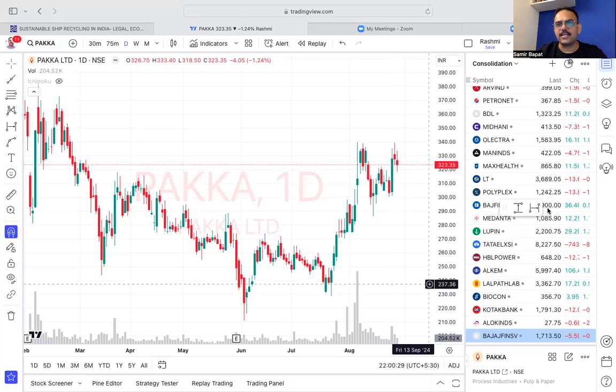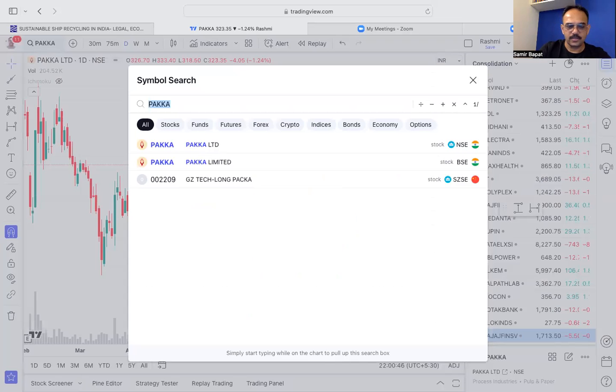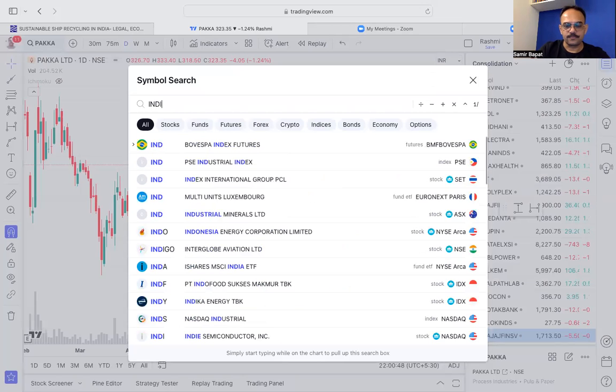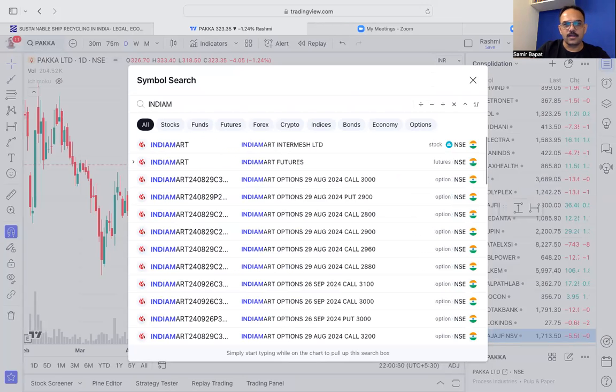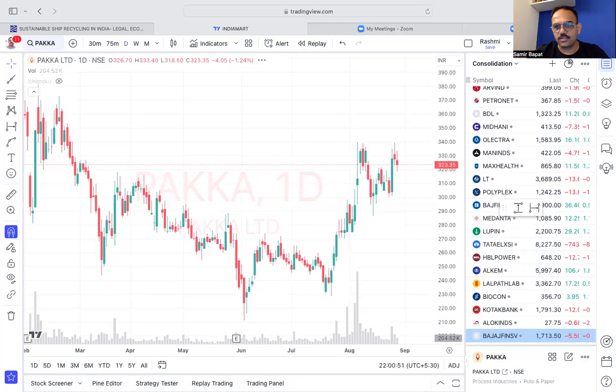Bajaj Finserv is likely to go up. See, that's what technical analysis is all about, right? It will tell us what is possibility. So that the India Mart Intermesh, sir, please check. Okay, India Mart. Okay, let's see. Intermesh. Okay, so this is,